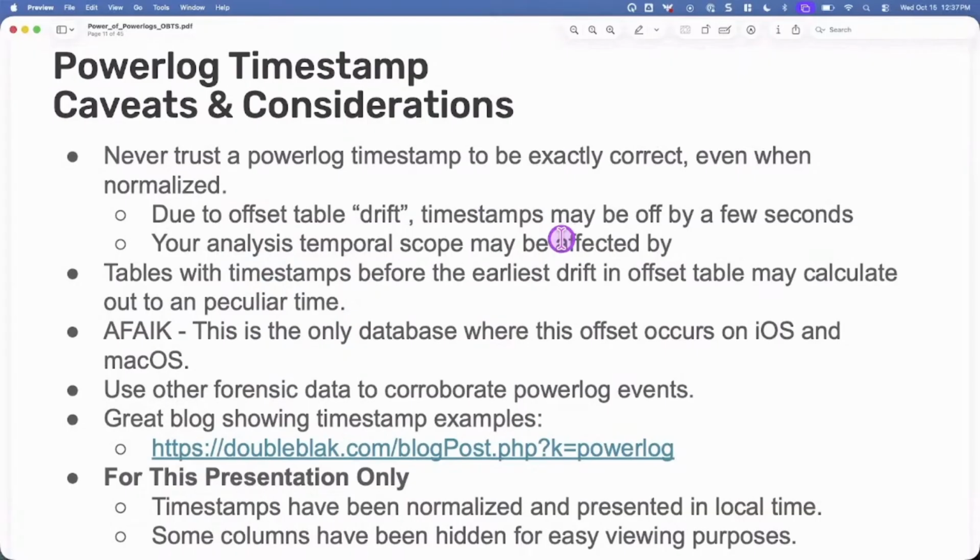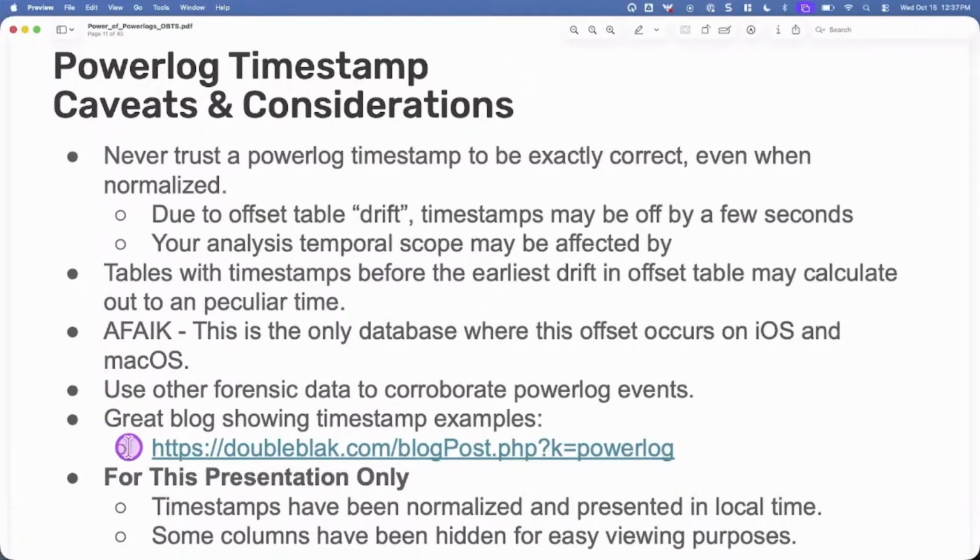All right, so a couple of other timestamp caveats with this one. I've already mentioned the drift here. Most of the tables will have their own timestamps. This is, as far as I know, the only database in all of the Mac Apple world that does this drift thing. If you look at any other app database, timestamps are usually pretty darn accurate. So as a forensic analyst, if you are not aware of this timestamp issue, it's going to be bizarre. And you're going to wonder, was the user actually doing this thing at this one time? And it's not going to match up with all of the other data that you might be looking at.